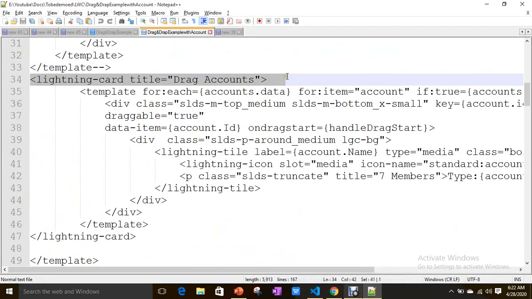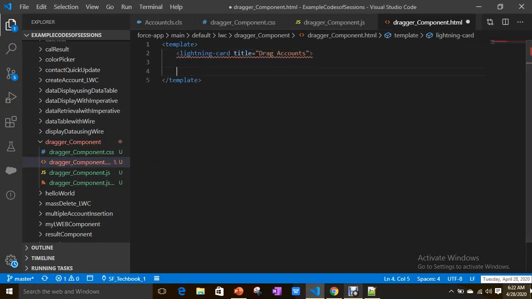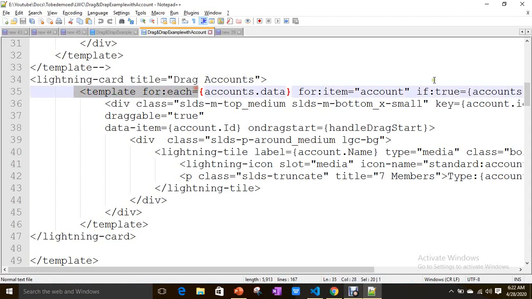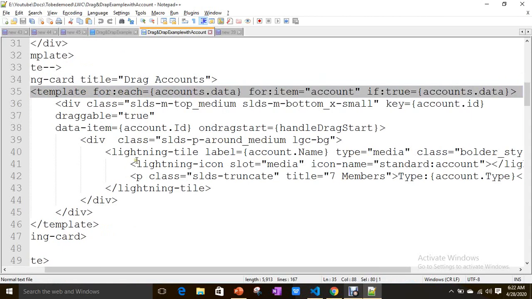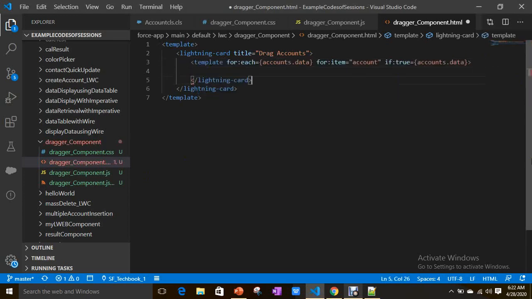Simply, let's take a card, for user interface only, and a template for:each.